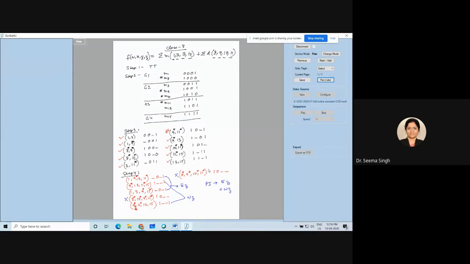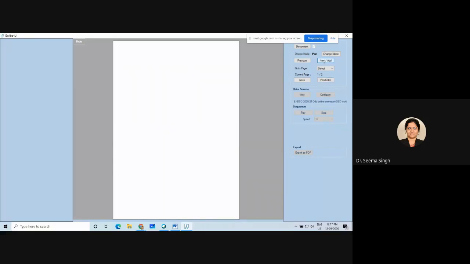Now we have to make the EPI table, and we also have to take care of verifying it with the K map, right? So let us do the next, our EPI table, which is very, very important. So what do we do here? We start with the decimal notation, and in decimal notation I will be writing the two groups.